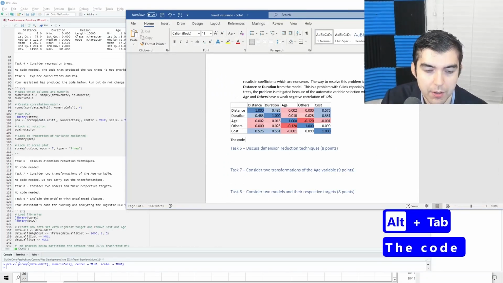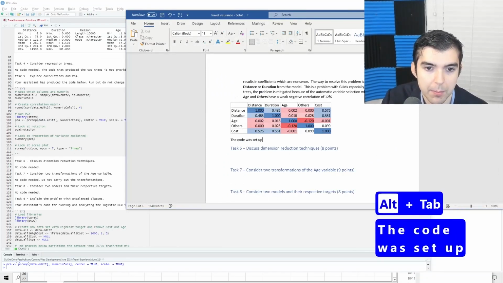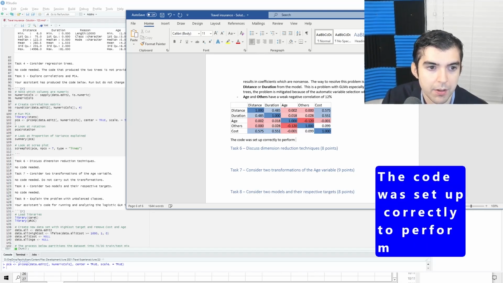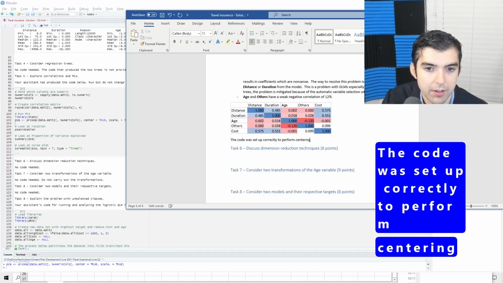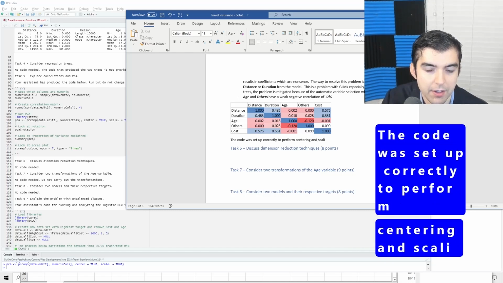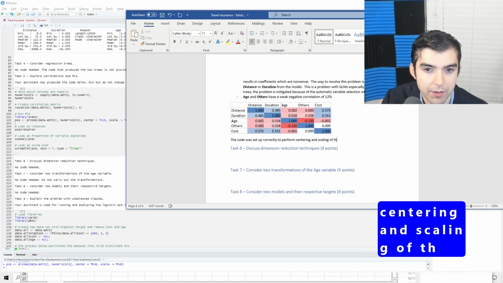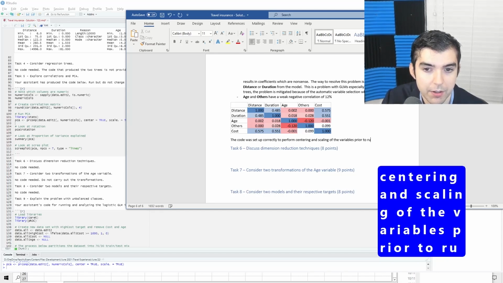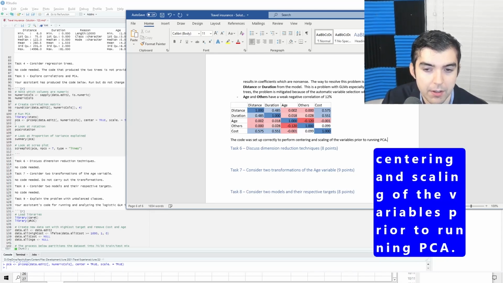The code was set up correctly to perform centering and scaling of the variables prior to running PCA.